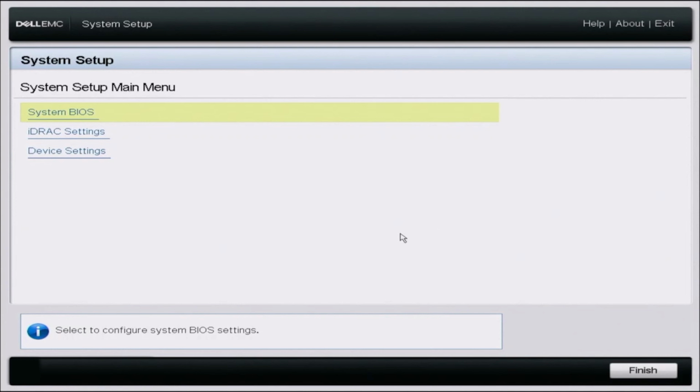And then the other thing we're going to need to do is that we're going to need an iDRAC Enterprise